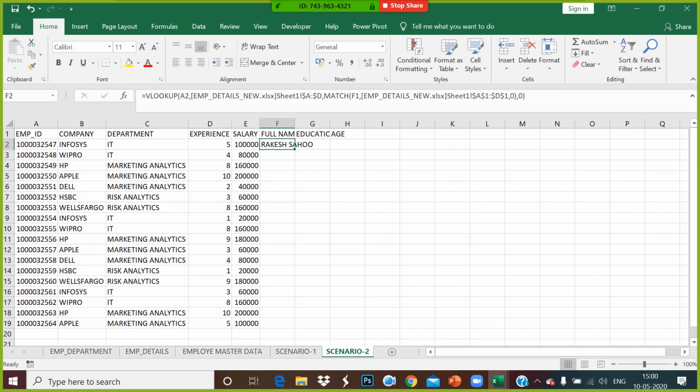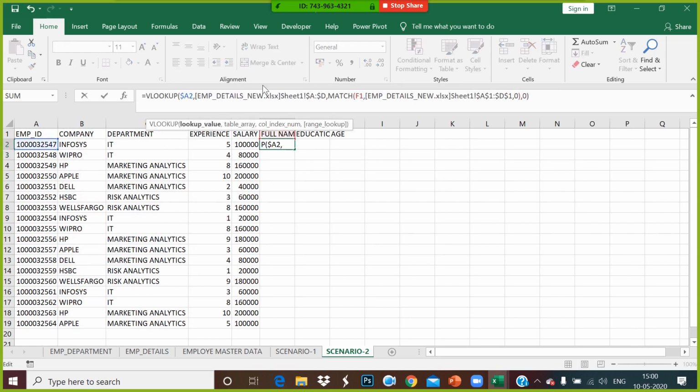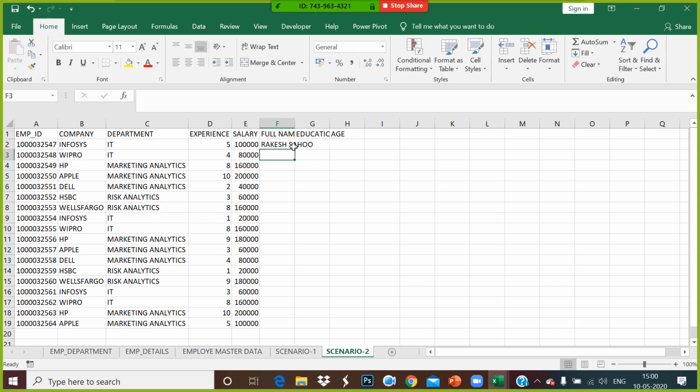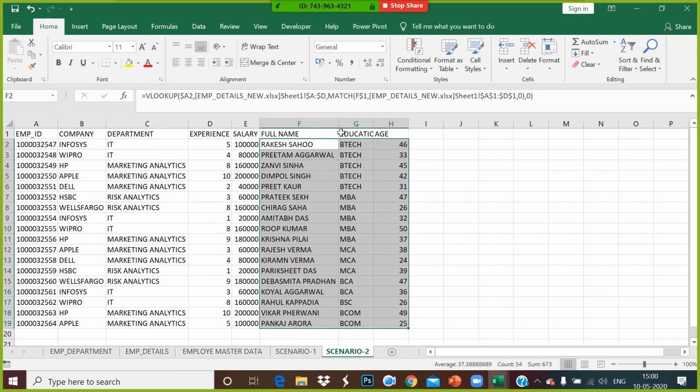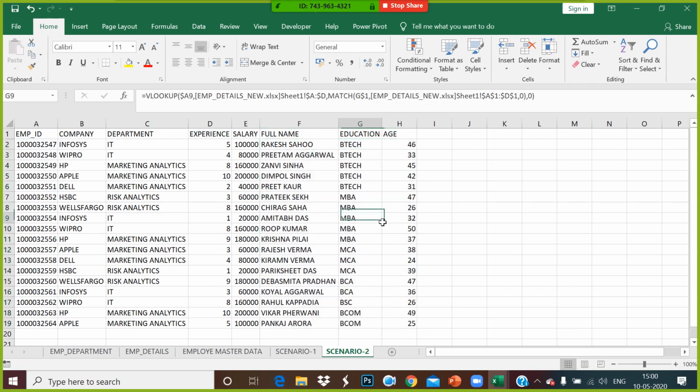In this case, what is getting constant? Your A is constant. You can see your table array, column A to D, is constant here. Your 1 is constant in this case, and your lookup array is already given as a constant from that other Excel file. You can drag this, and you can get those outputs over here. Okay guys, got it?